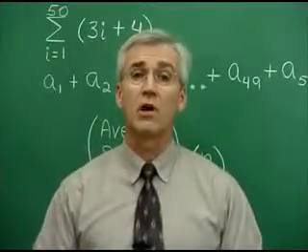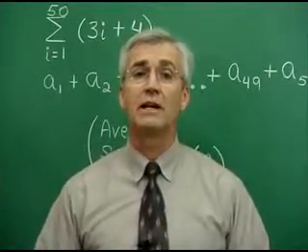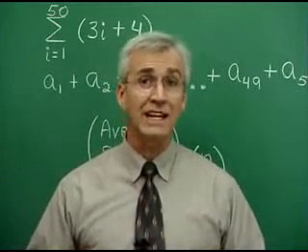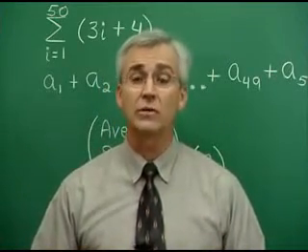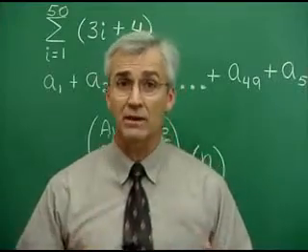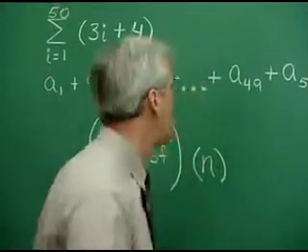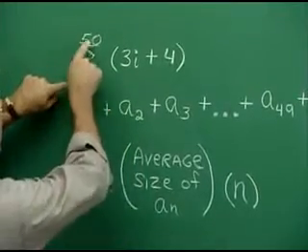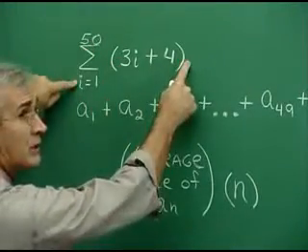Here's a problem involving the sum of items in an arithmetic sequence. Now, when we're adding the items in an arithmetic sequence, it's called an arithmetic series, and we actually have a formula to make the calculation. Let's develop the formula. Suppose I have the sum as i runs from 1 to 50 of this expression, items